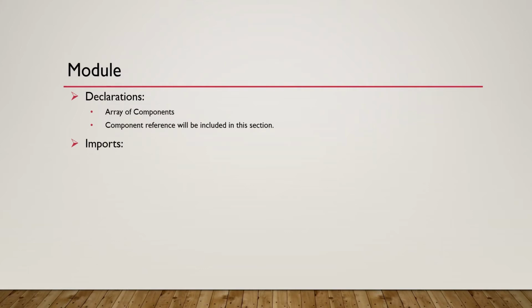The other argument that the ngModule decorator takes is imports. It takes an array of modules required to be used in our application. As discussed earlier, an Angular application is a collection of modules. In order to use one module in the other, we need to add that particular module reference inside the imports array. For example, if you want to implement Angular routing in our application, we need to add the app routing module. Similar with forms module as well.